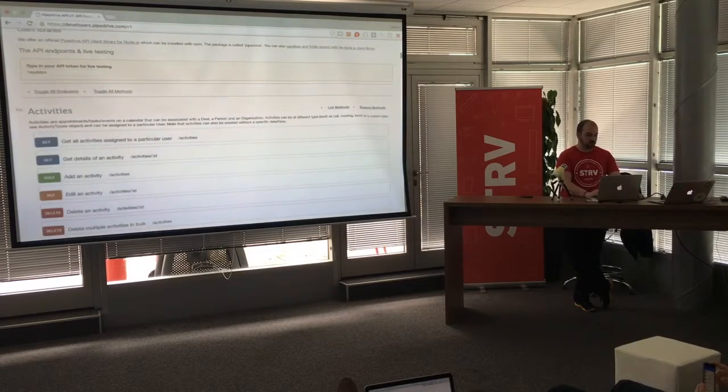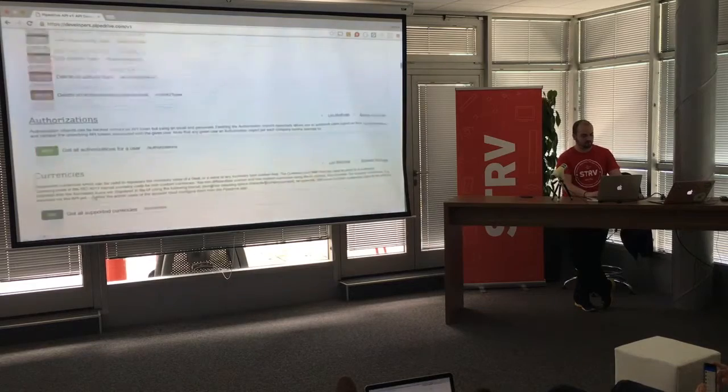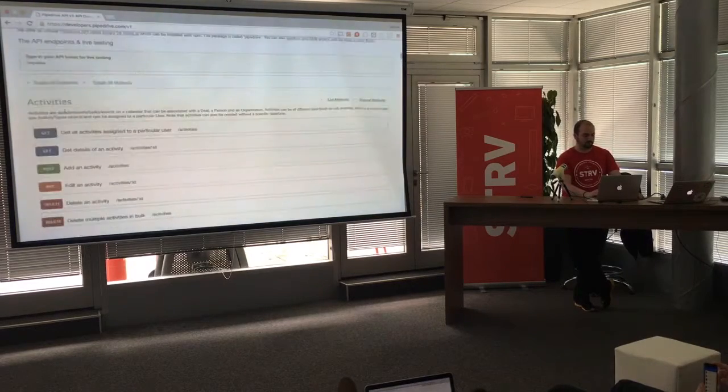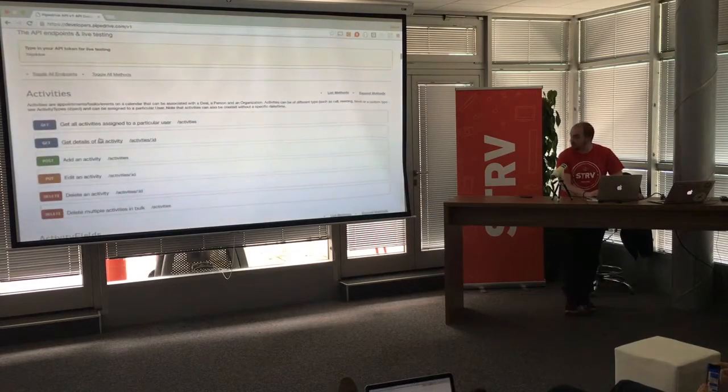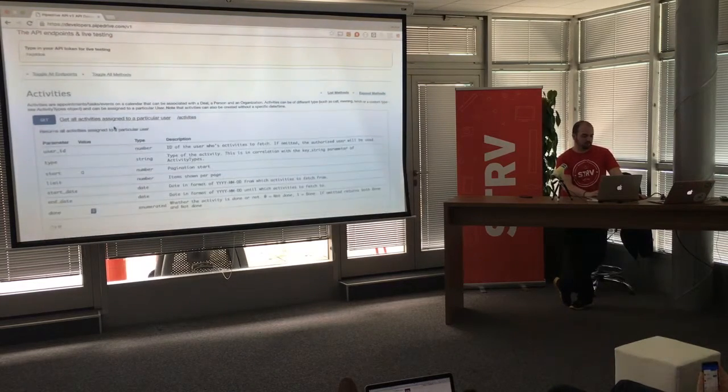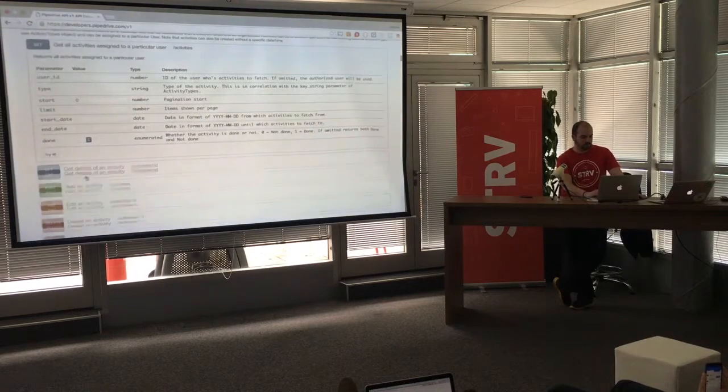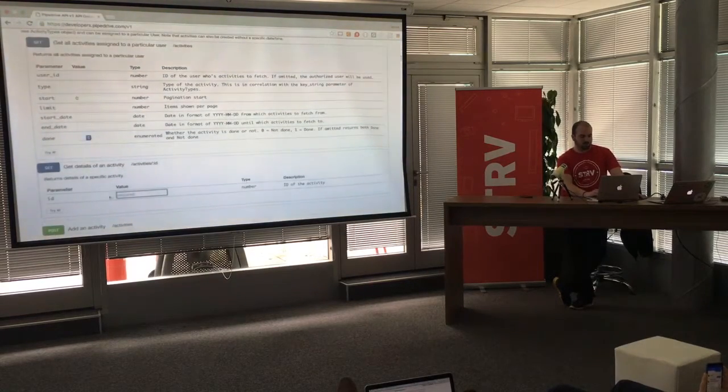And here is a list of all endpoints. They are ordered by object, for example deal, activities, and stuff. And every endpoint is listed here. It's colored by the method, and if you click on some of them, you will see all the properties and whether they are optional or required. You can, for example, put there some value